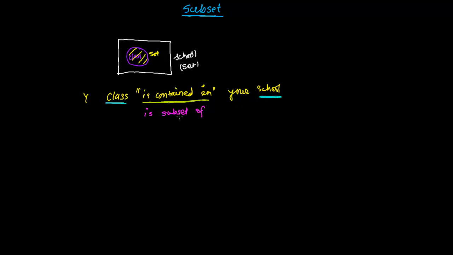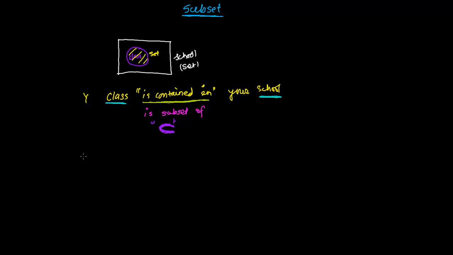To represent the subset, we give the symbol something like this. It's not pretty good. Well, something like this. Something like a magnet in laboratory you might have seen. So here I can say now that the class is subset of your school. This is a symbol. Read as is subset, or we can read as is contained in. So your class is contained in your school, or a class is subset of your school. So similar concept is of subset.